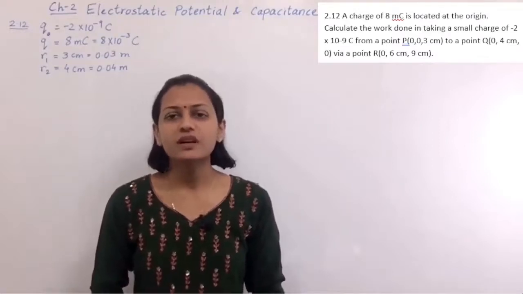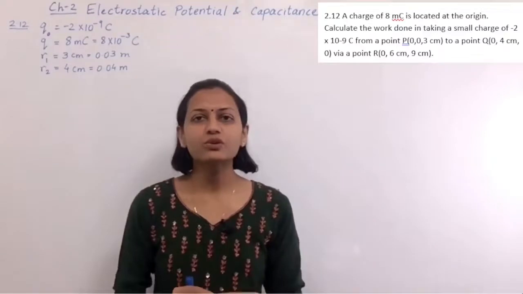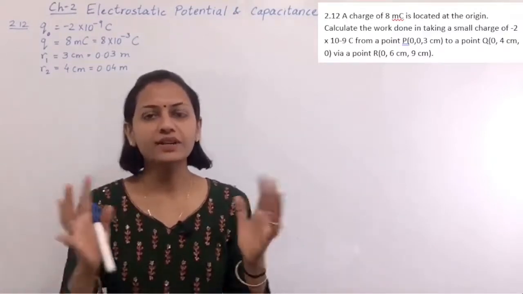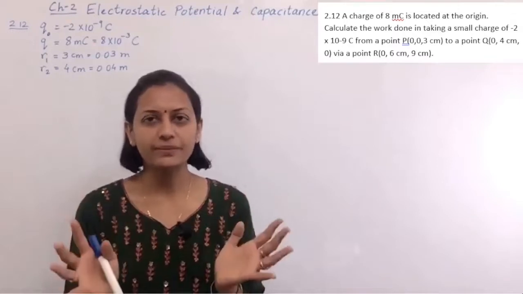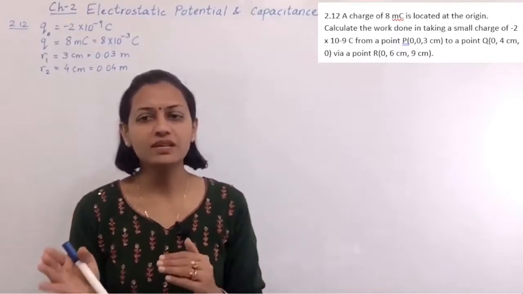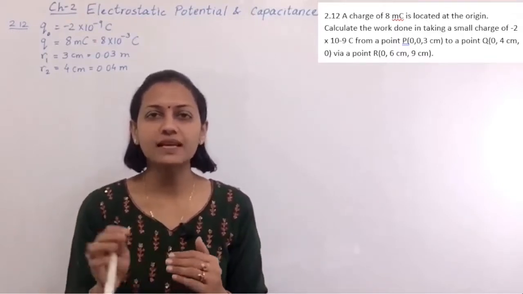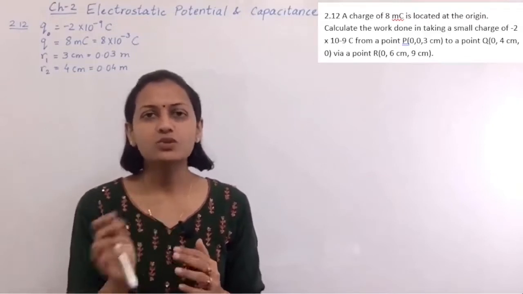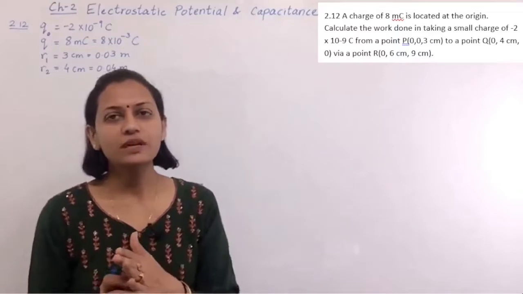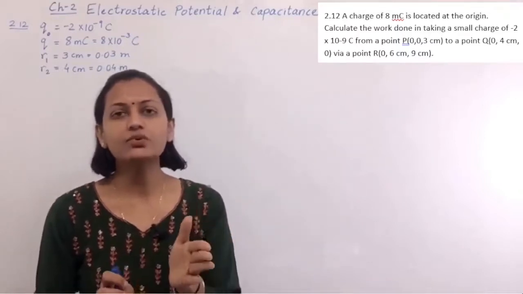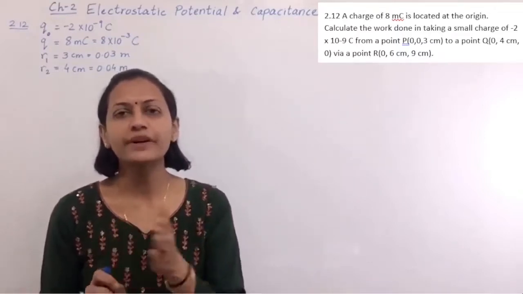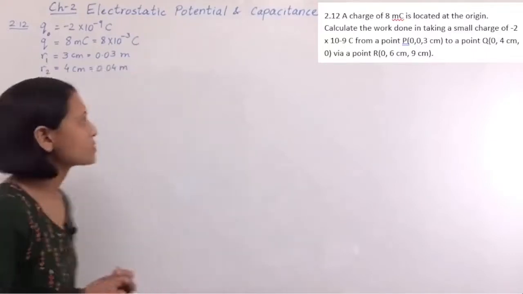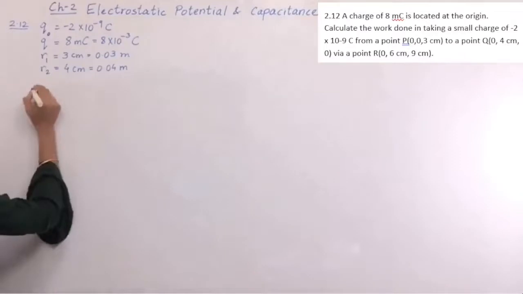So here some charge 8 microcoulomb is located at the origin, and due to that an electric field will be generated around it. Now some other charge -2 × 10^-9 is getting moved from one point to another. So work has to be done if we want to move that charge from one point to another point in the external electric field. So that work done equals to